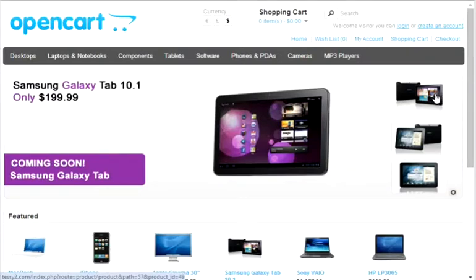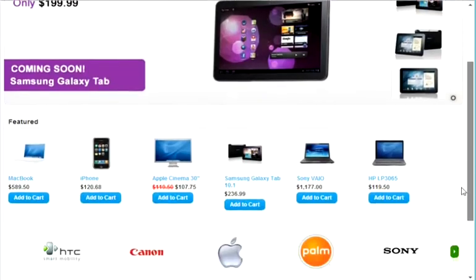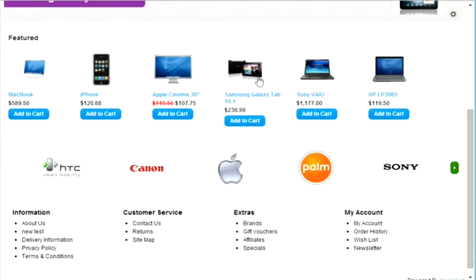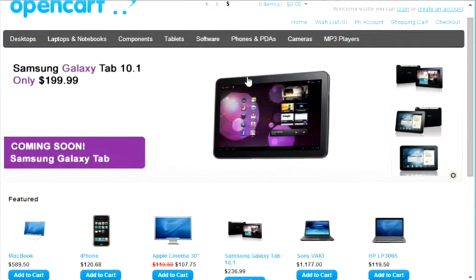I'm going to do this little tour of OpenCart. This is basically the generic install. It's here on one of my test sites. When you install it, it does install a bunch of fake products and a few little extensions that they already